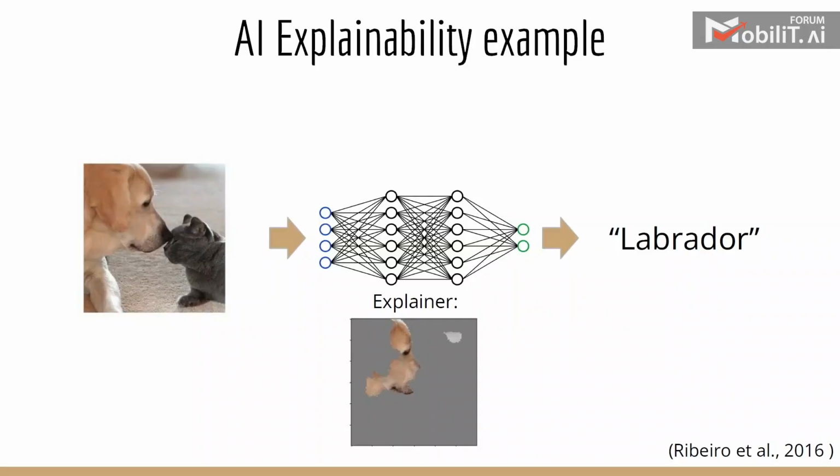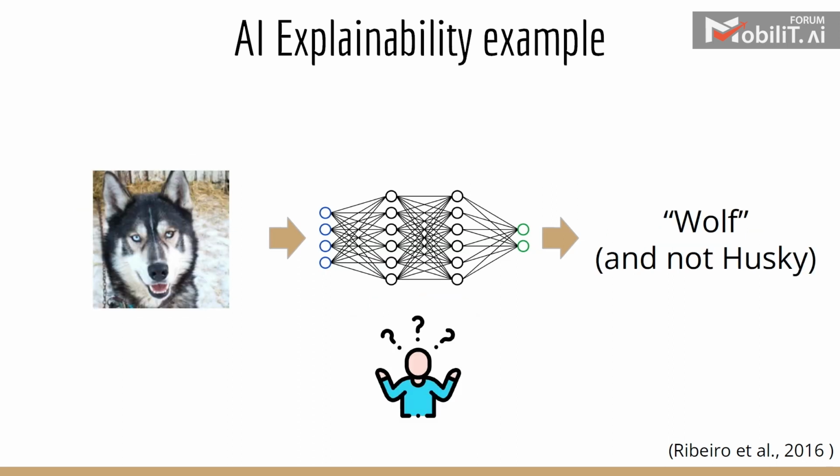So this instance was given to LIME, which is a very famous and popular explainability tool, and some feature selection was done on top of LIME. And these were the features that were pinpointed in this particular case as the important features responsible for the prediction of this instance. This is another famous example. In this particular case, the network was trained to classify between images of wolves and huskies. And this image was mistakenly classified as a wolf. This is clearly an image of a husky, but it was mistakenly classified as a wolf.